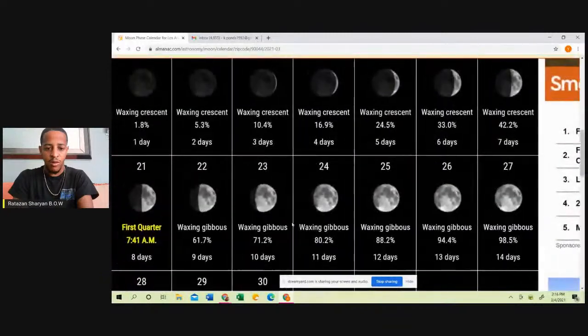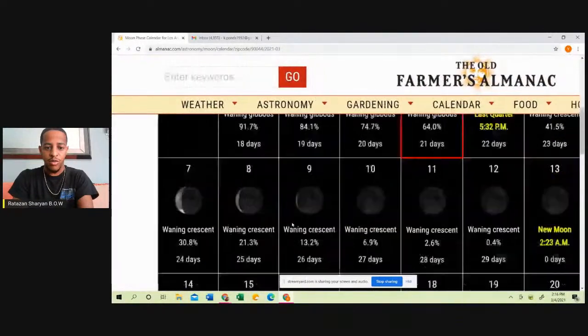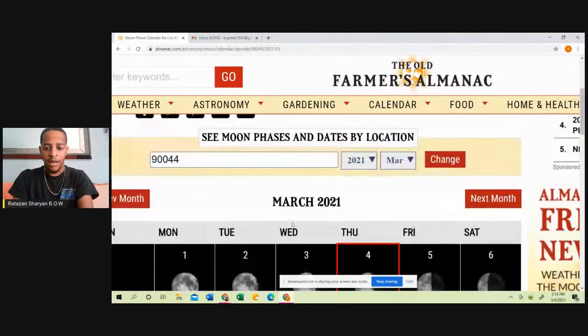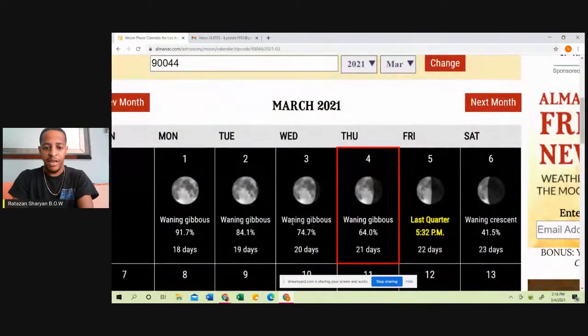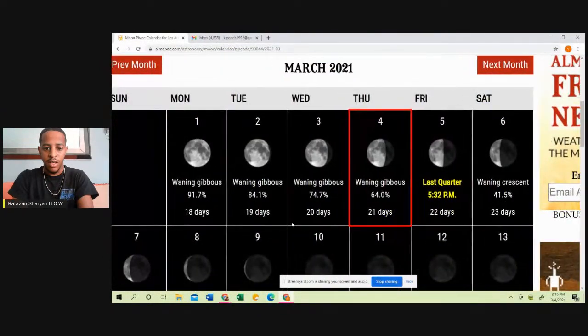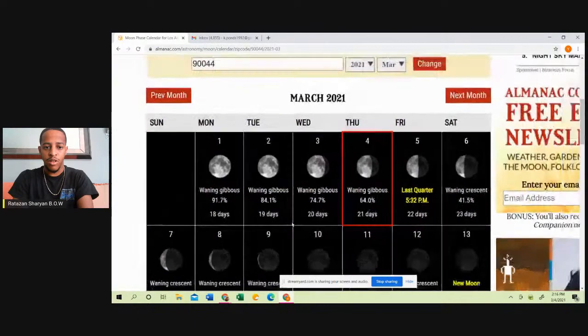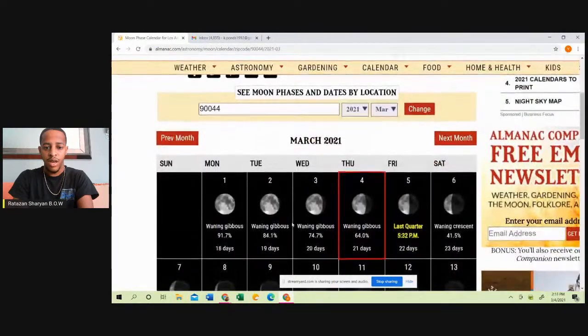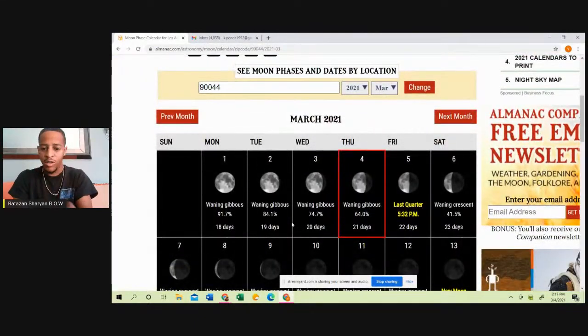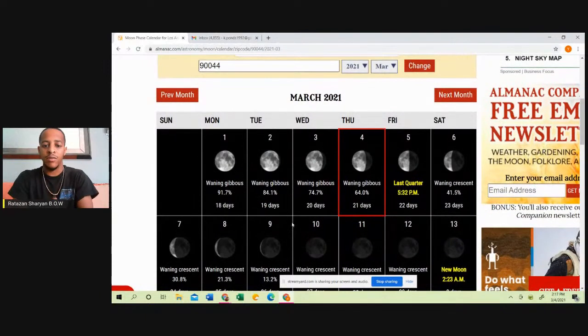And this will be a guide to you so that you can determine how to keep the feast days in their proper season. Okay, so this is the tool that we're going to use today. This is what I used. There are other moon apps you can use and things like that, but I like the Farmer's Almanac, because it gives you the date, it gives you the month right here.